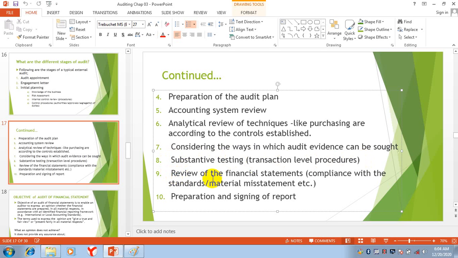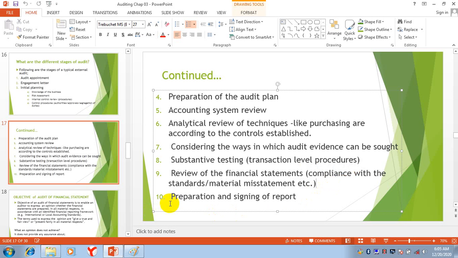The next one is a review of the financial statements. Then they will check the financial statements, compliance with standards, material misstatements, etc. They will check whether the financial statements comply with GAAP and international financial reporting standards, and whether there are material misstatements in the financial statements or not.